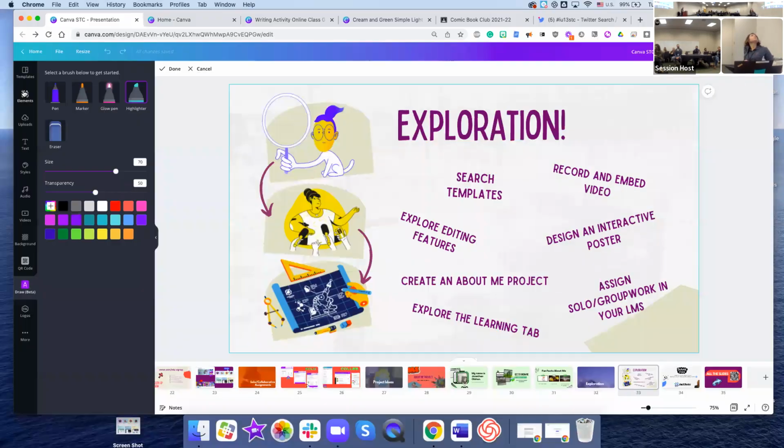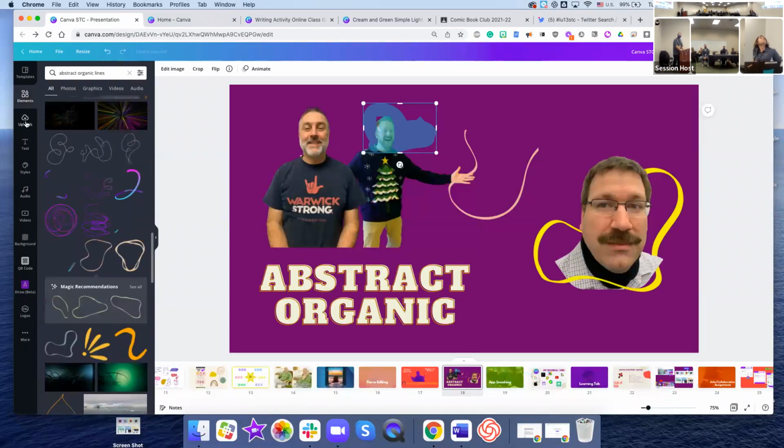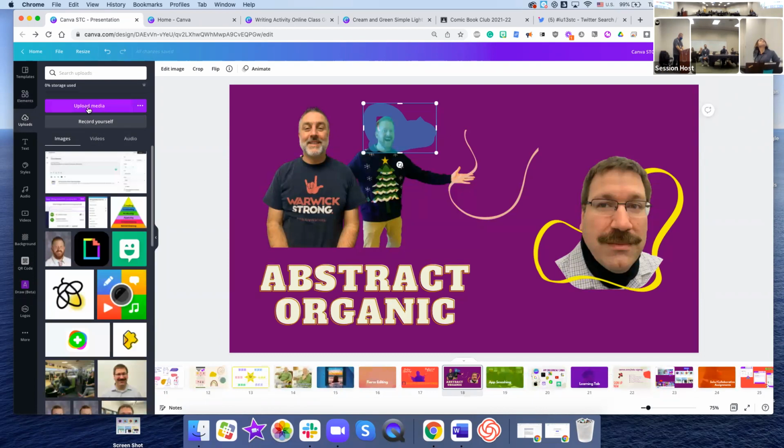So let's say they're in this elements tab, or sorry, the upload tab right here. They can record themselves. They have a button built into Canva, and they can upload media. So if they have something on their phone they want to airdrop, they just pop it in, drag it from their desktop there, or they can just say, hey, I need to, like if I go back to this